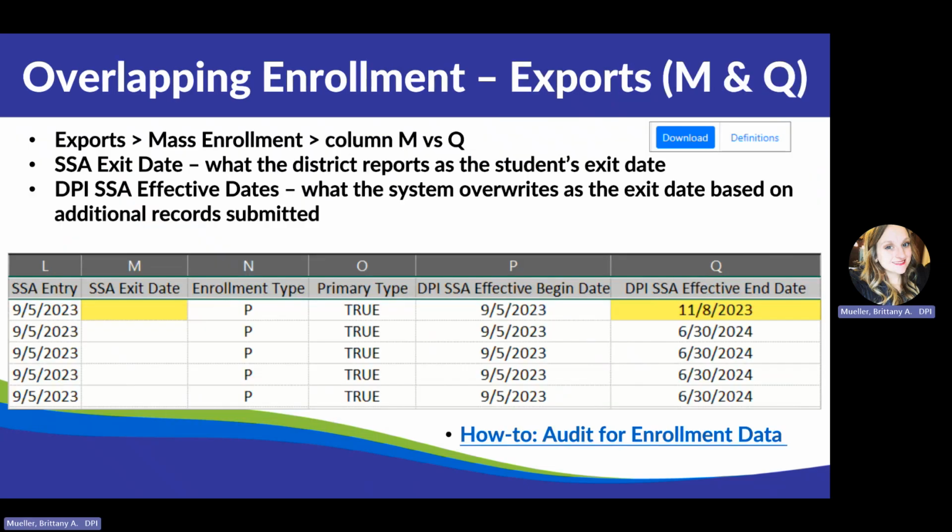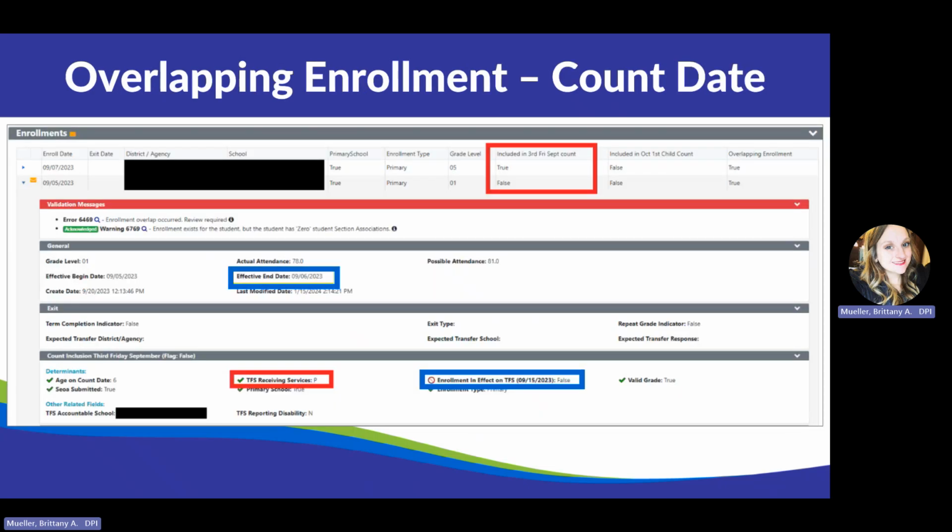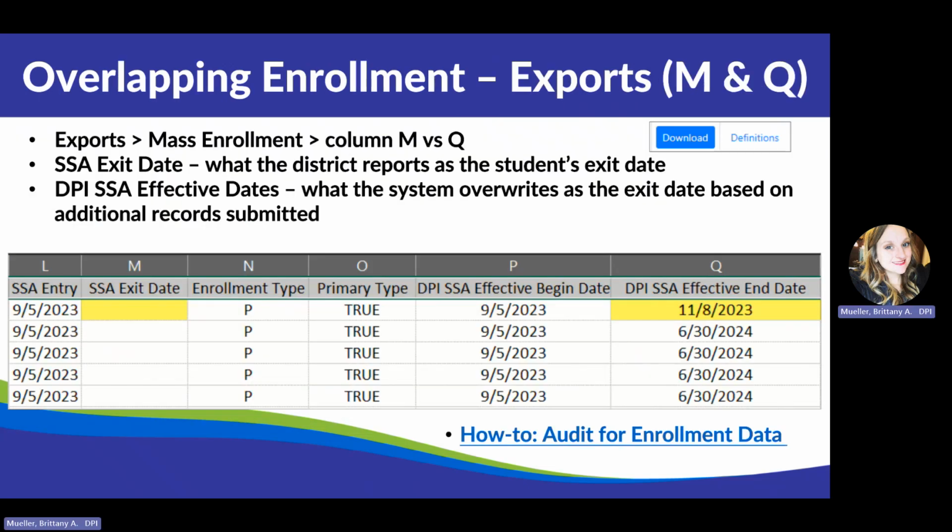Another way, so this is how you do it student by student, right? You can go into each student individually, but let's say you're a bigger district. You don't have time to go through 47 students, right? We do have an export available. We have our mass enrollment export and specifically columns M and Q. These are going to show you